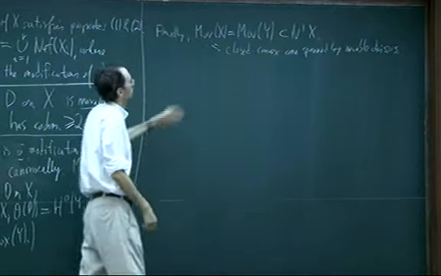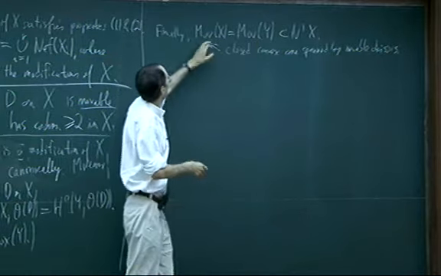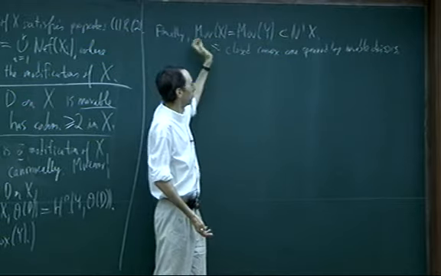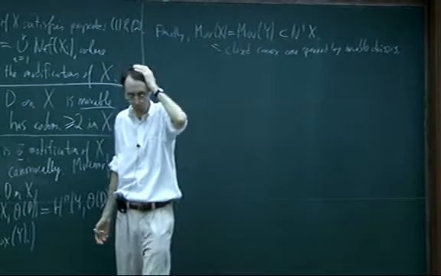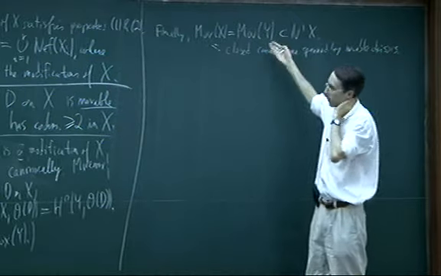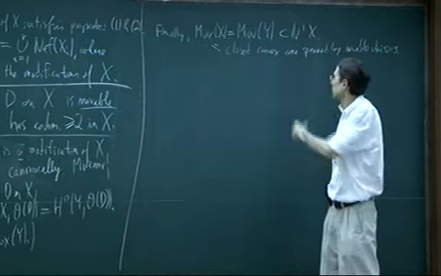Yeah, because given a movable divisor on x, you get a movable divisor on y. The corresponding divisor on y has the same space of sections. If it was movable on x, it's obviously movable on y. If it was base point free on x, it might not be base point free on y, but movable, yes.